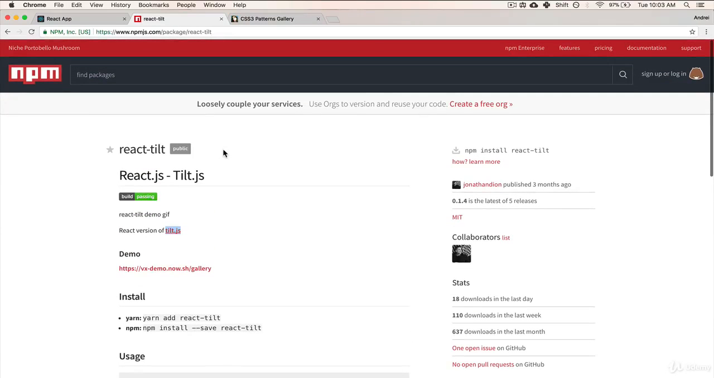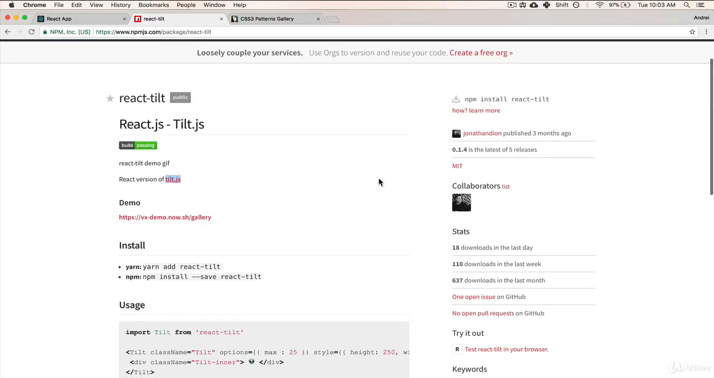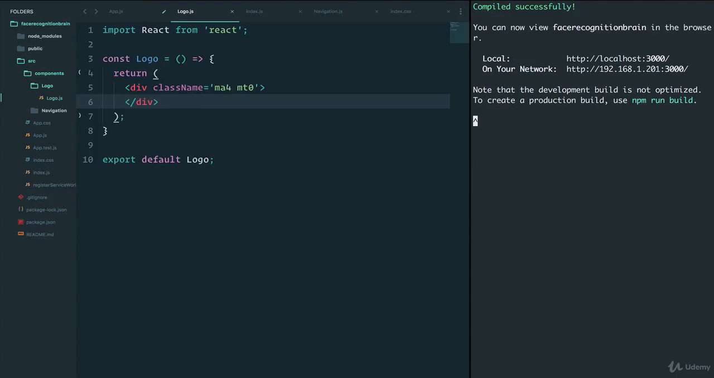Again, the beauty of React and NPM is that you can use these packages to make your project look a little bit nicer. So I'm just going to copy this command, npm install --save react-tilt. And in case you're wondering what the --save is,